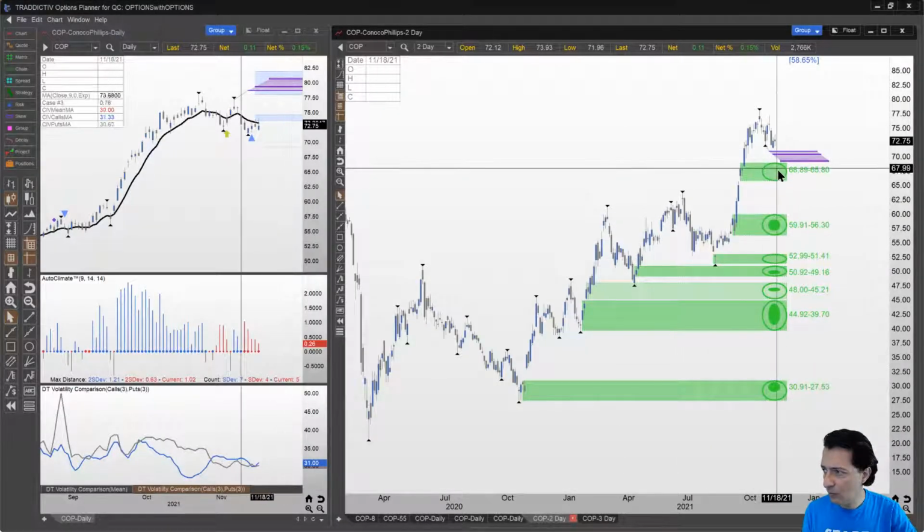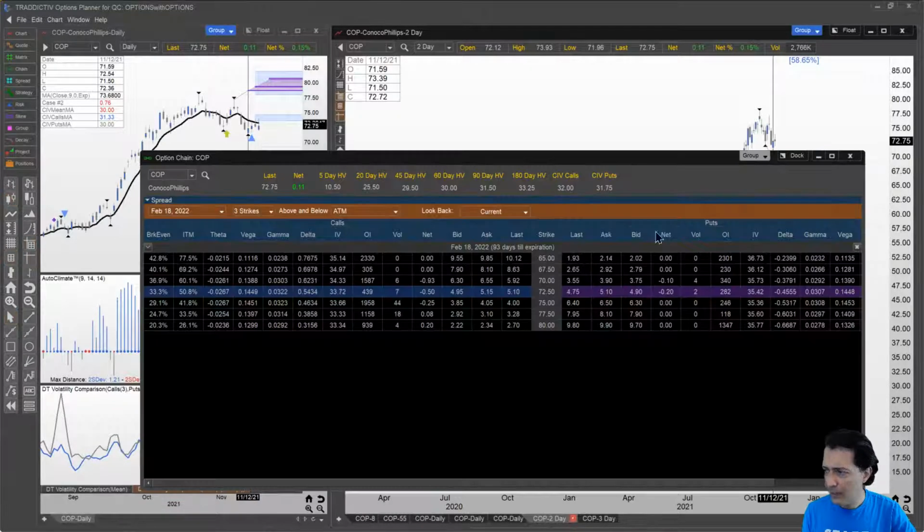67.5 is somewhere in the middle of that UFO. So we're going to rely on the 67.5, and therefore the next strike below is 65. So we're going to have $250 of risk per bull put spread, and we're going to have to take 2. So it's going to be $500 of risk this trade. So let's go ahead and